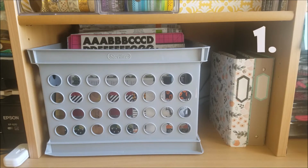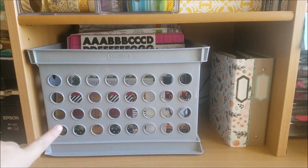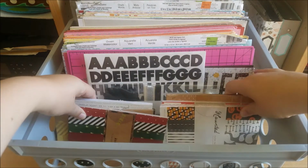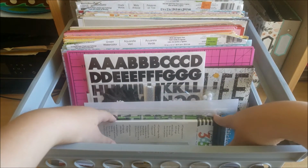So the first thing I'm going to show you is how I organize my scrapbook paper. I have been using this method for probably a decade now, and it is still my favorite way of storing the scrapbook paper. So basically I just have this storage crate here and I do it in like a file system. So inside of my crate in the front I have these tiny scrapbook paper pads,